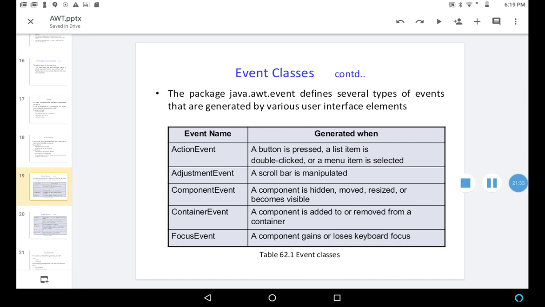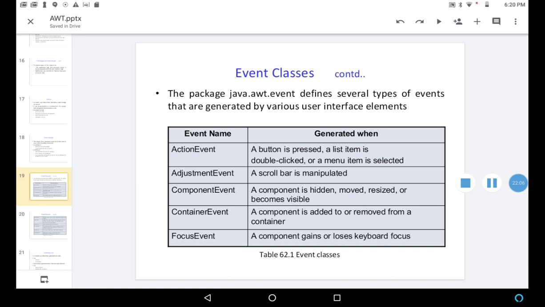Another event is AdjustmentEvent. What does adjustment mean? A scroll bar is manipulated, adjusted. That is called an adjustment event. ComponentEvent: a component is hidden, moved, resized, or becomes visible.